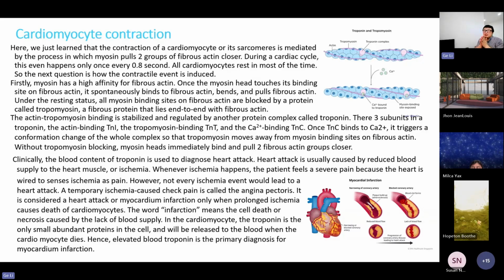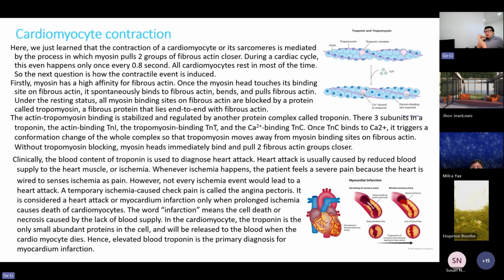So tropomyosin does not attach to the actin by itself. It needs another protein, like an anchor or tie, to stay in the right position. This protein is called troponin. Troponin can change its position. It's like a switch. You can put tropomyosin in the blocking status, or you can remove the tropomyosin in another